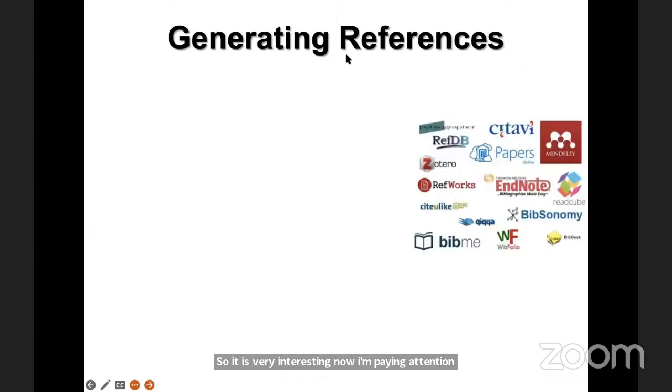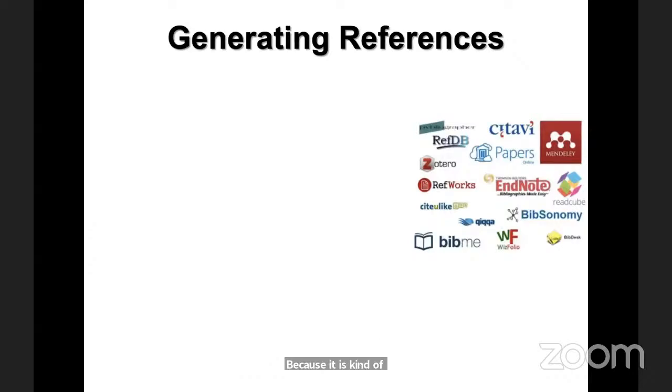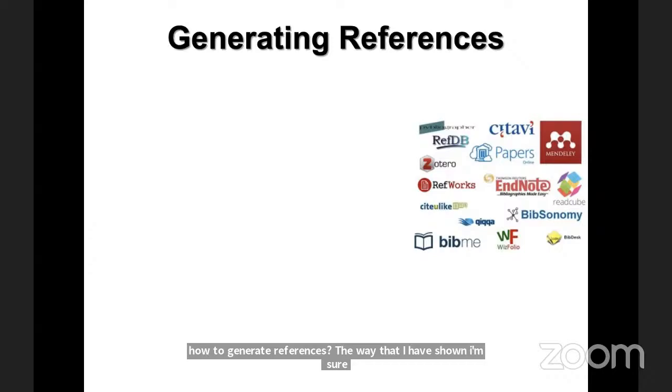So okay. How to generate references. We talked much about many things regarding how to cite. I'm sure that most of you are bored now because I talked in one way. Most of the time I have shown how to cite, how to provide references regarding a dissertation, books, magazines, or reports, or articles, or some other thing. Now, how to generate references? The way that I have shown, I'm sure I also faced this thing during my PhD dissertation